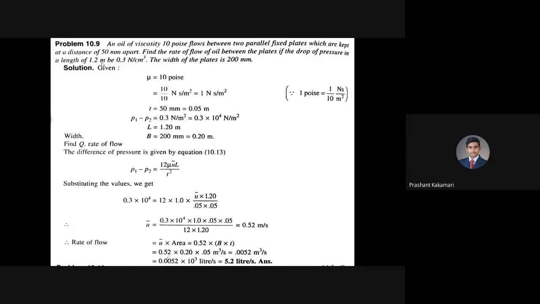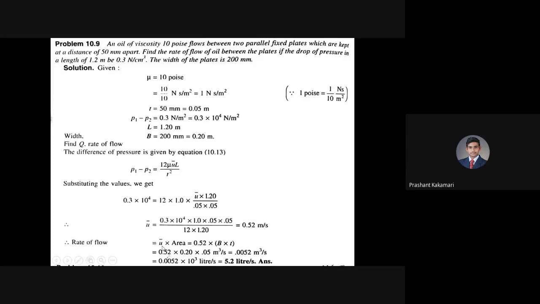So using this, what we have to find out? What they're asking: find the rate of flow. So either you find out mass flow rate or the discharge. So that flow rate we are going to find out using all these details. Now recall that to find the flow rate, we know that Q equals velocity into area. All of you know this equation, velocity into area. Now go back to velocity. Now the average velocity to find out